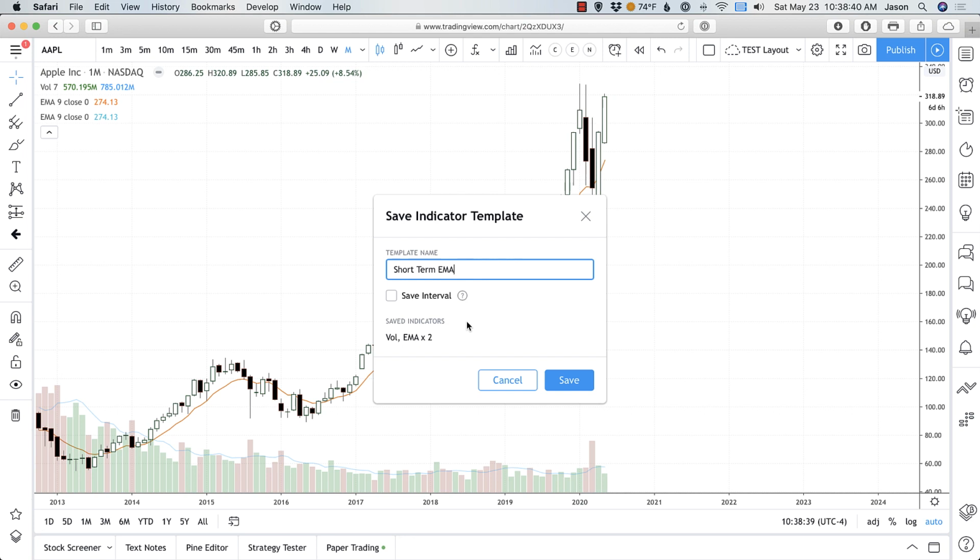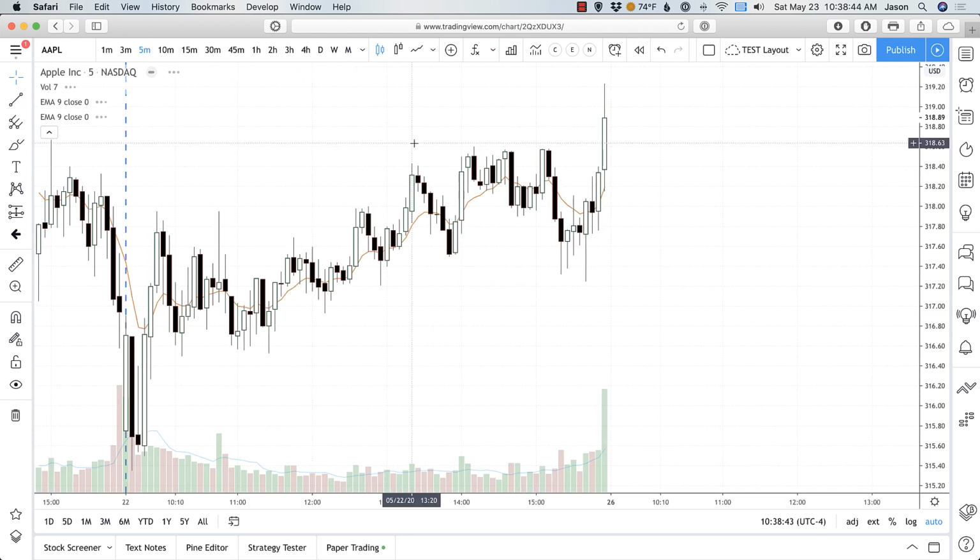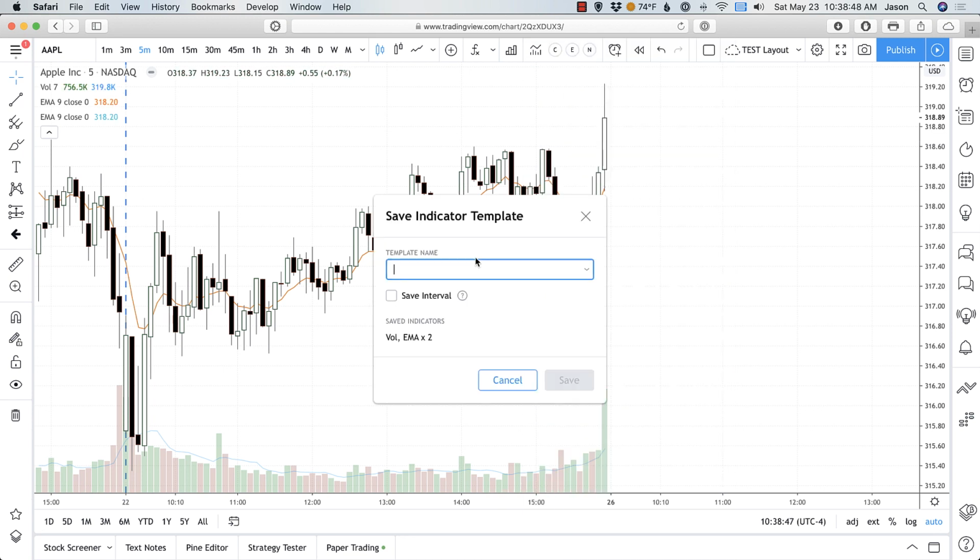If you don't want that, because obviously this is a short-term EMA, I may want to go ahead and put it on the 5-minute, okay? I don't think it really matters. Then don't check mark this. If you want to use this on multiple different time intervals, if I want to use it on the 5-minute, the 15, the 30, the hourly, then just don't check mark this. That's another question I've gotten before. Okay, and if I hit save,